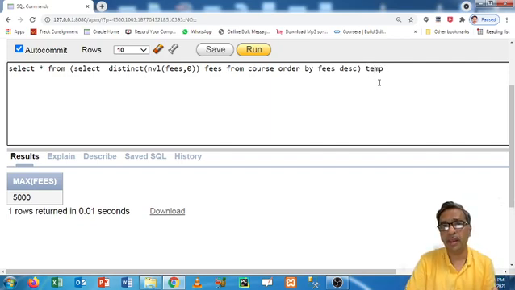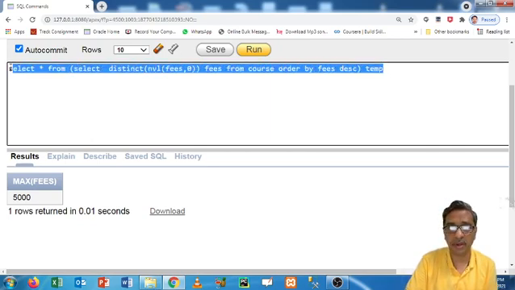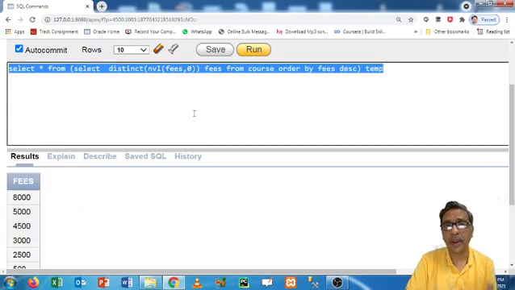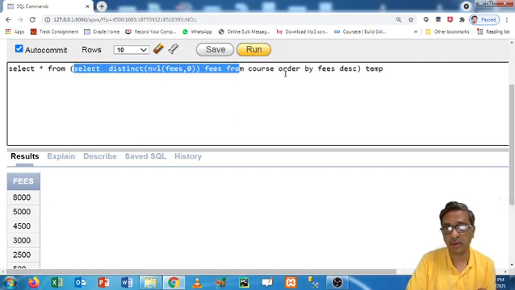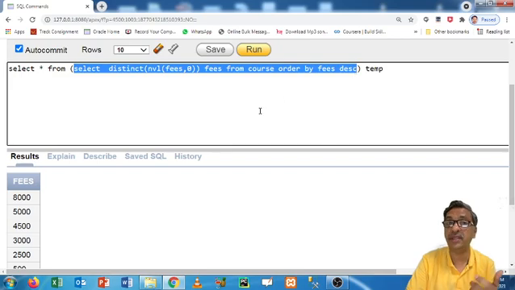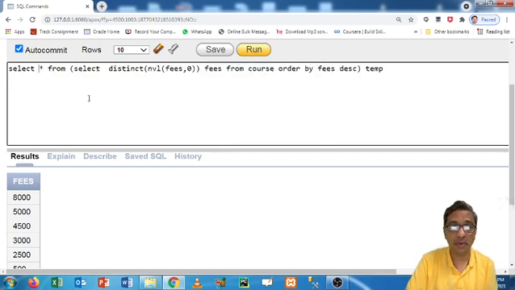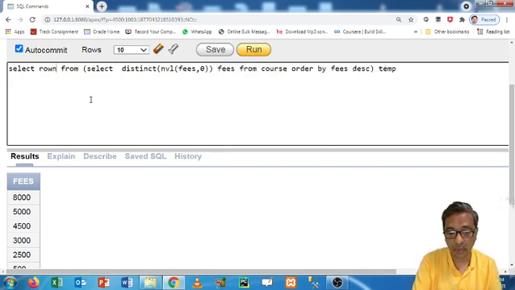This is not case sensitive. In Oracle, commands are not case sensitive, data is case sensitive. So the table name and all, these are not case sensitive. If I execute this, now Oracle creates a temporary table temp in which it takes the data generated by this query. Now here, instead of star, I will attach row